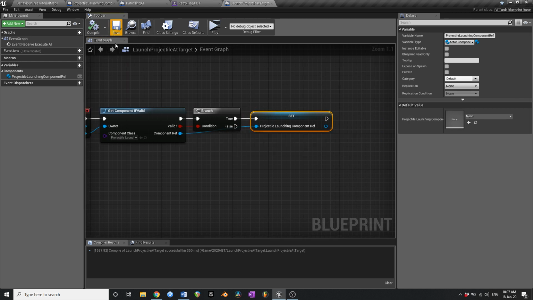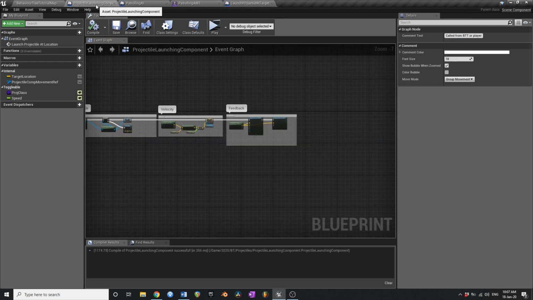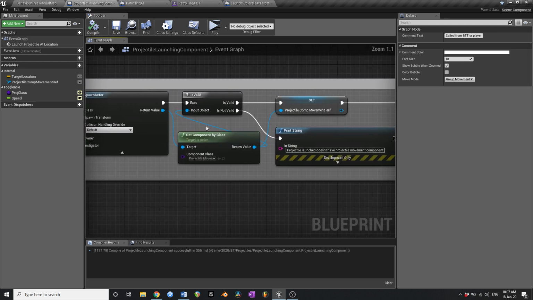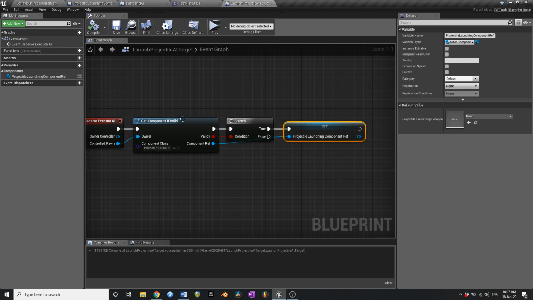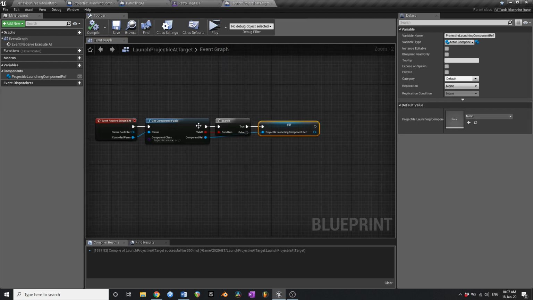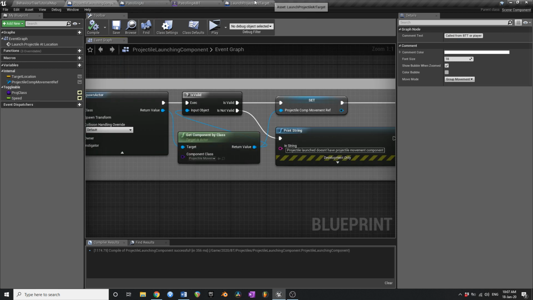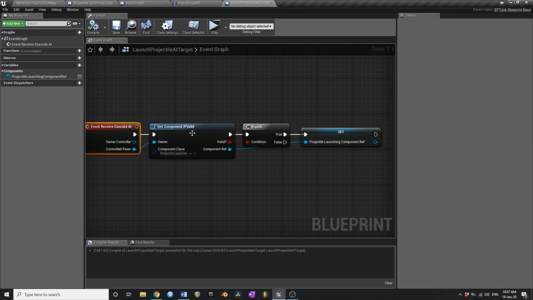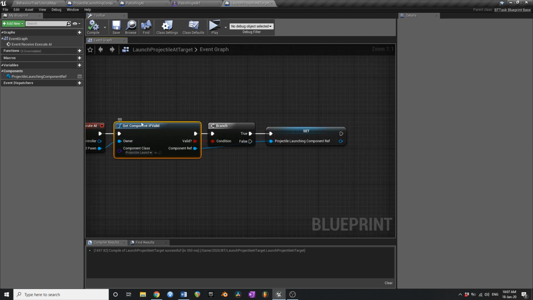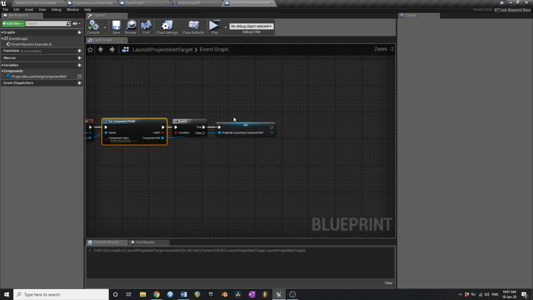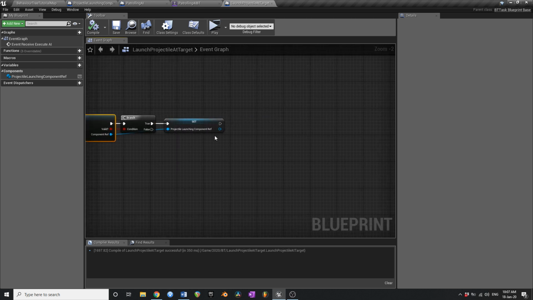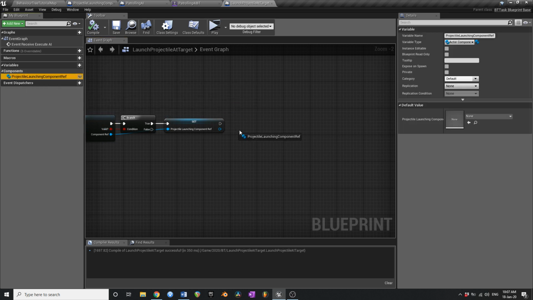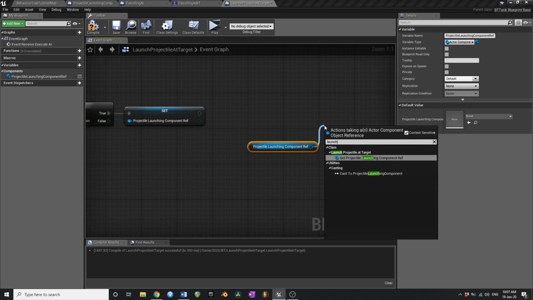Okay, cool. Now the reason that I set that up into that function is because if we look back in here, we also use that just here for this exact same thing. And every time that you make a new ability for an AI behavior tree, you'll want to be getting the component that you've built the ability in. So you'll be using this a lot right at the start when you do these execute AI things. So it's good to have that as a function if you're going to be building lots of different behaviors and abilities and things. So now that we've got that, we can use this and we can say launch,